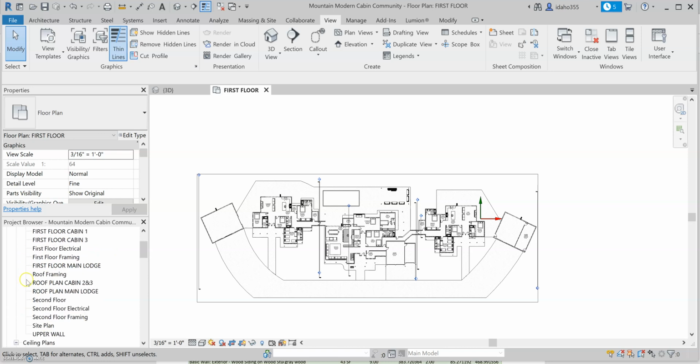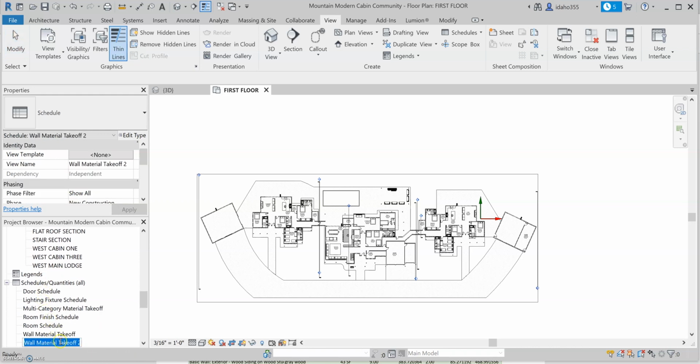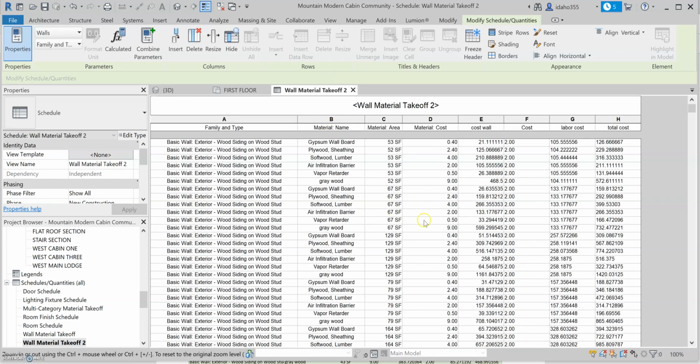So the first thing you're going to want to do is come to the schedule where you have the data. So it's my wall material takeoff 2, and you can see I have my schedule. This stuff is definitely not perfect, so don't try and use this on your project. I still need to try and fix some of it, but for the purpose of exporting the data, you'll come here and then you'll hit File,